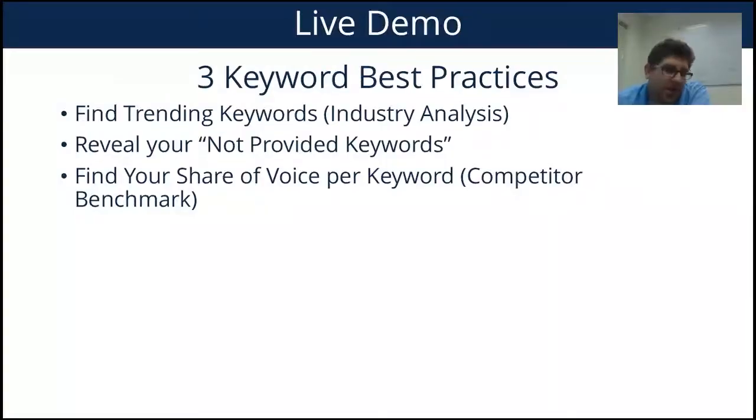finally we want to show you, okay, the share of voice per keyword, which is your competitor benchmark. So that's what I showed you. There's plenty of other things SimilarWeb can be used for. We offer a very deep platform and pricing that starts at close to $200. You can do research about referrals. You can research your competitors. I'll show you one more quick feature, which I didn't put on the agenda, but I think is very interesting,